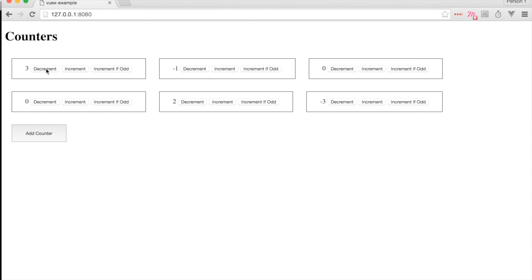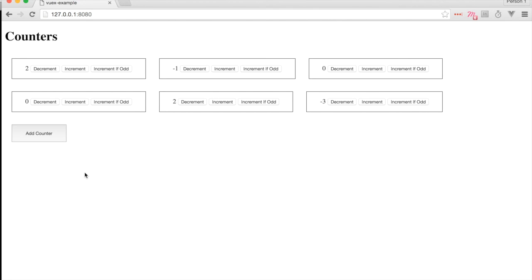So clicking decrement calls the action defined, bound into this Vue component in vuex.actions. That binding automatically binds in the store, so we don't have to call decrement with the store parameter. We just have to add any payload if we need to. And the payload here is which counter ID it is. It's the first one, so it's going to be counter ID 0. So the action is called with the store and the counter ID. It calls store.dispatch decrement, sending the counter ID as a payload. The mutation receives the state plus the counter ID, and then it mutates the state to decrement the first element in that counter's array by 1.